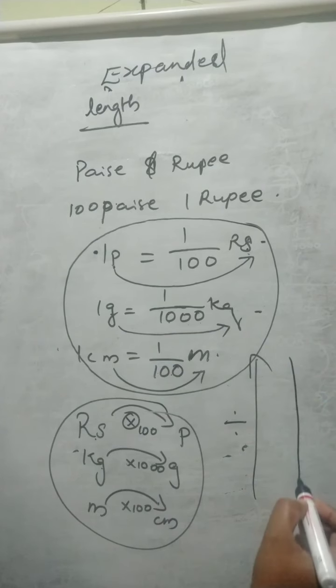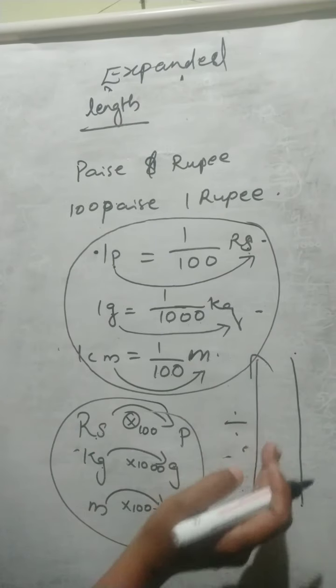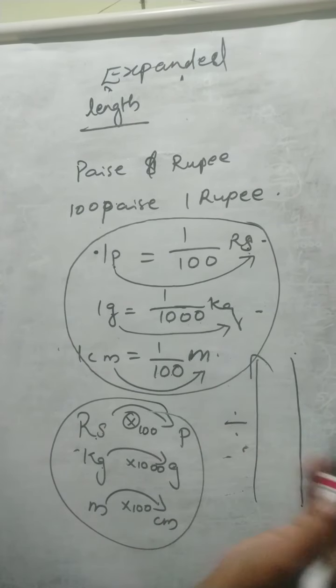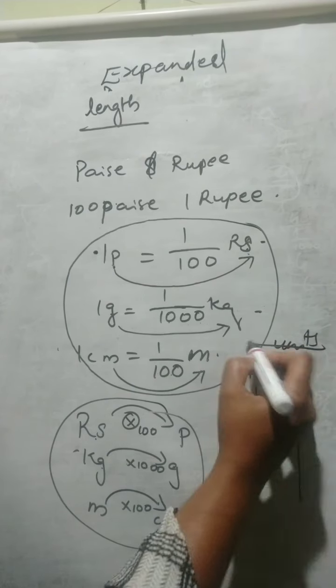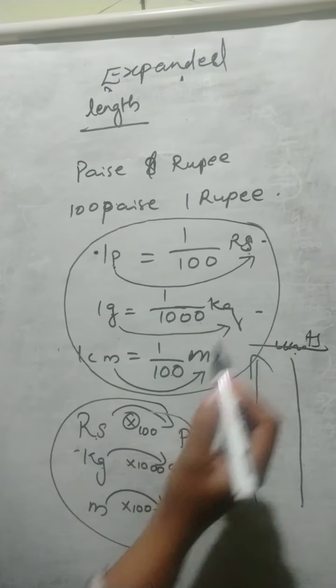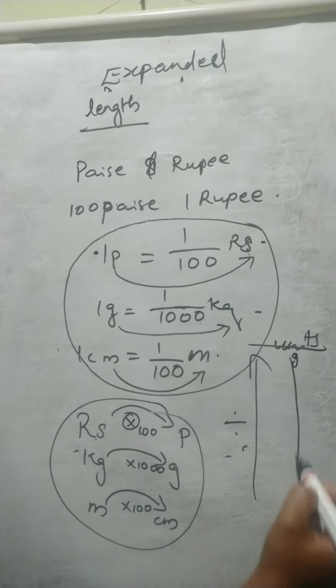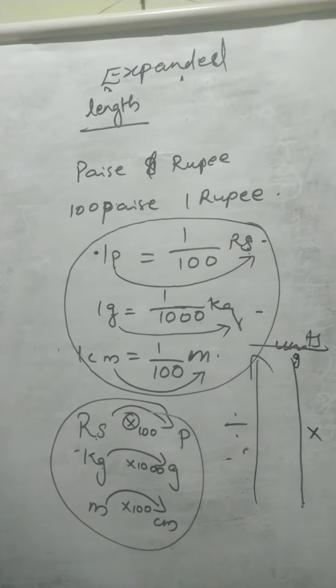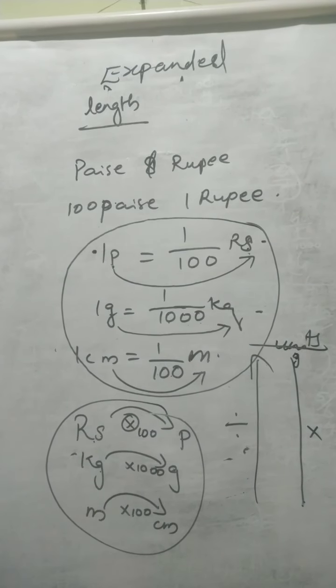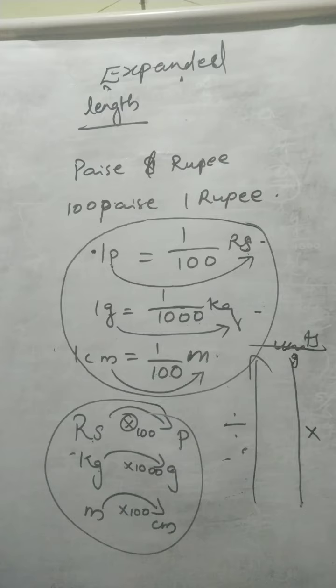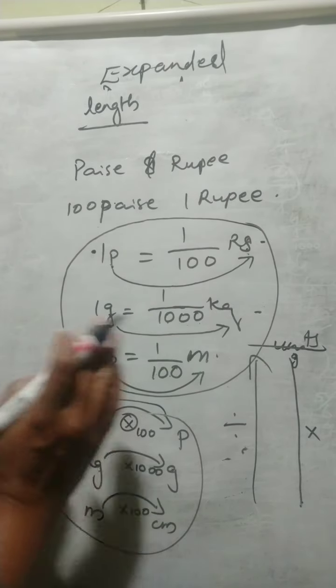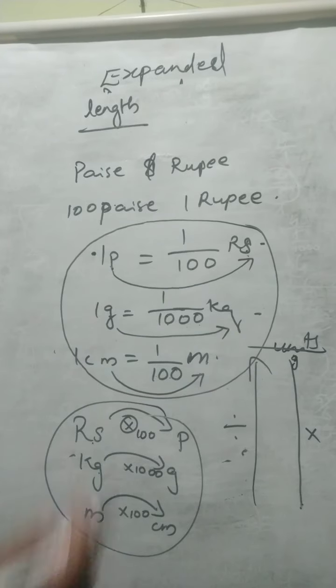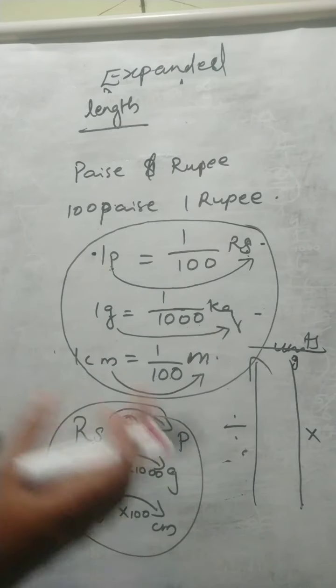When we are converting greater unit to the smallest unit, we have to multiply by 10 or 1000 or 10,000 or 10 lakh, anyway. Clear? So first we have to understand what is the relation between each unit. In case of paise and rupees, 100 is the multiplication and division number. Okay, multiply or divide by 100.